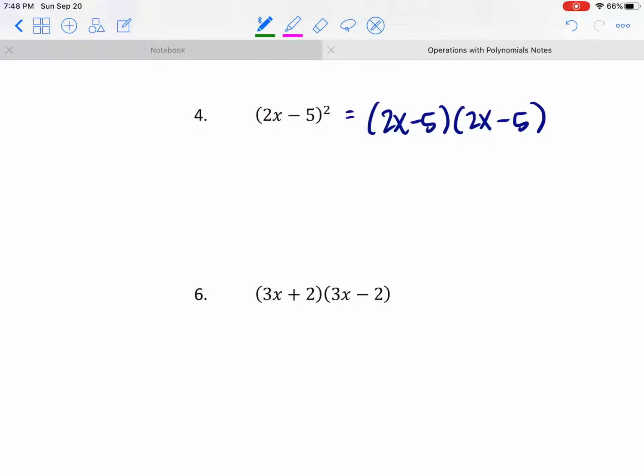We're going to start by distributing the 2x, the first term in the first binomial. So I want to multiply the 2x times the 2x, and there's the first time I'm going to use my product rule. So 2x times 2x, if I multiply the coefficients I get 4, if I add the exponents I get 2. So 2x times 2x is going to give me 4x squared. Okay, now I'm going to use my product rule again. I'm going to distribute the 2x to the negative 5. So 2x times negative 5, I have 2 times negative 5, which makes a negative 10,